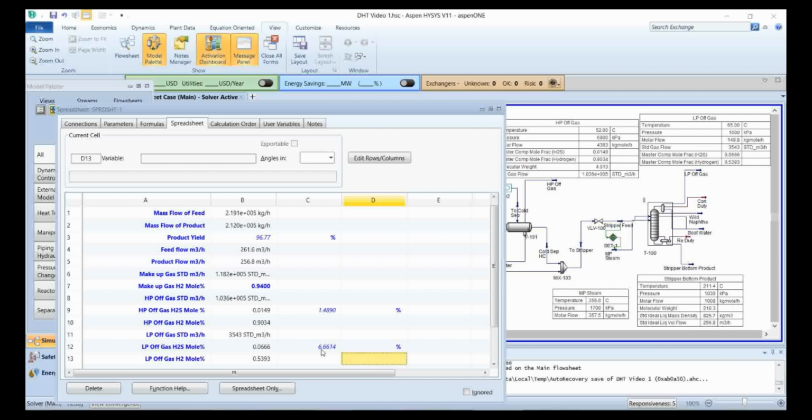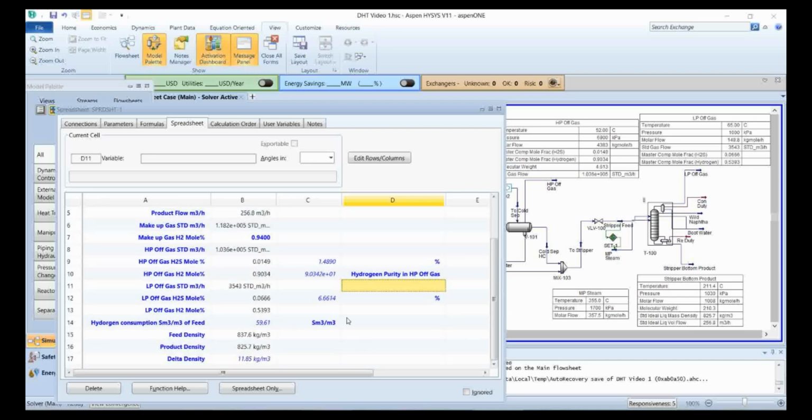The hydrogen purity in HP gas is 90%. Our hydrogen consumption is 59.61 sm cube per meter cube of process feed.